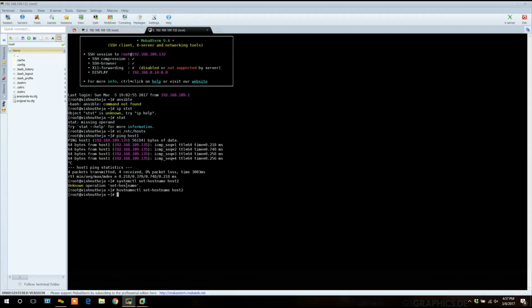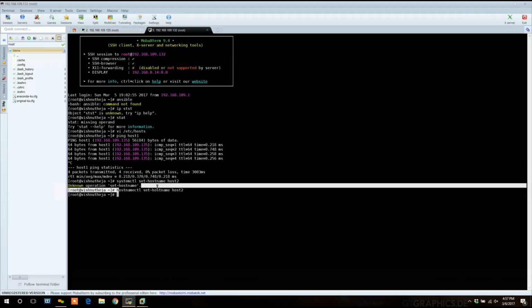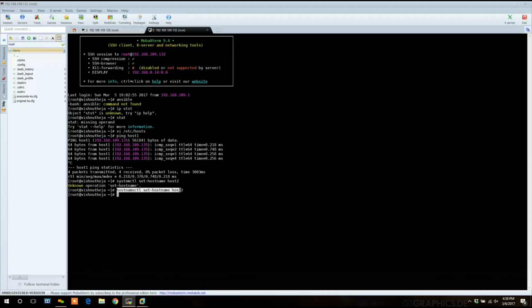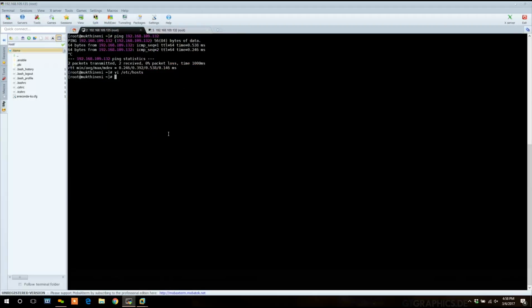So this will set the hostname of this machine. And go to the other one: hostnamectl set-hostname host1.